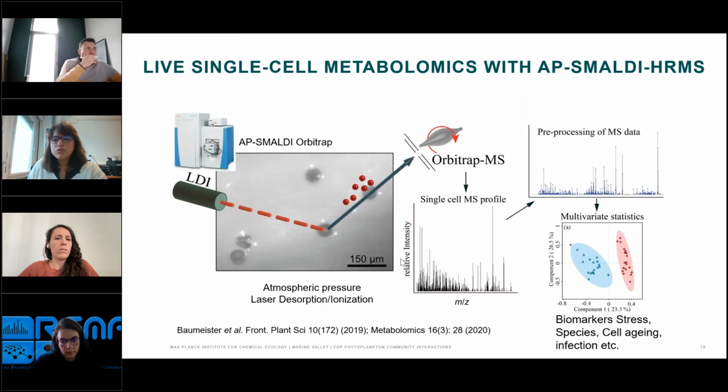And with that, we used our first method, as I said, but we put our cells on a GFC filter, so the cells are still alive and immediately analyzed by cell disruption with our laser. And this is done at atmospheric pressure, so there's no disruption of the sample over time. And you have here every single cell that we can look at because there's a built-in camera on the mass spectrometer. Then, of course, as I said, we're using multivariate statistics to search for these biomarkers.